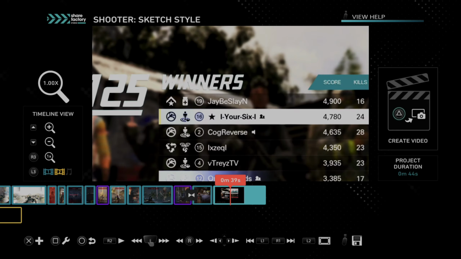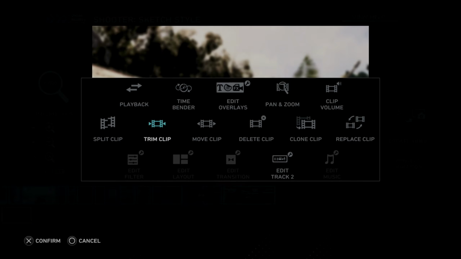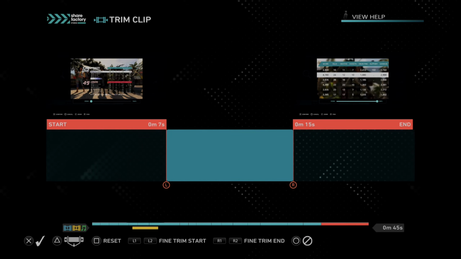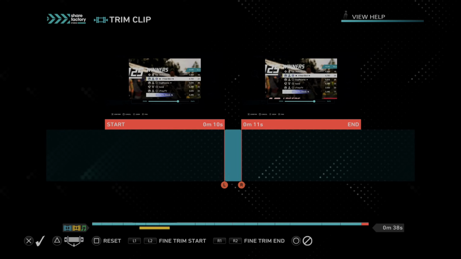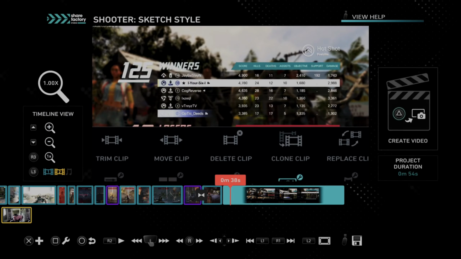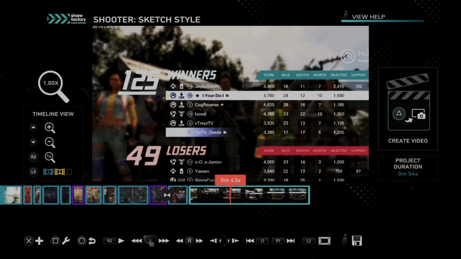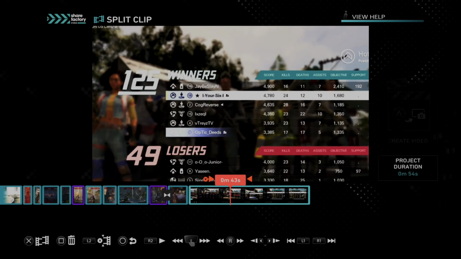So let's go to this video clip right here and then press square on it. And this will allow you to edit it. So you can trim it right here. Then you can use the left thumbstick to go out and in. And you can choose where you want it on the timeline specifically. Or you can make it longer. So I'm going to go to here. I made it longer. Now we can also go to edit, press square, go to split clip, and we can